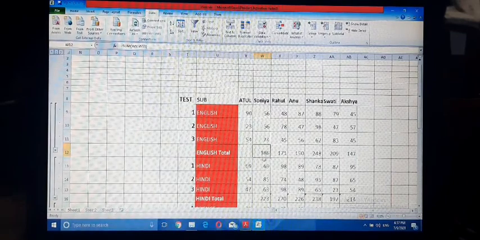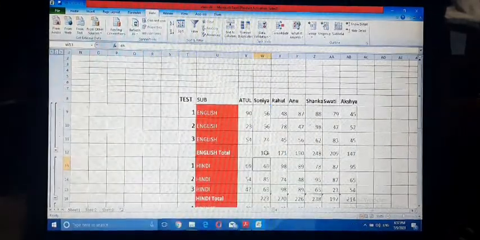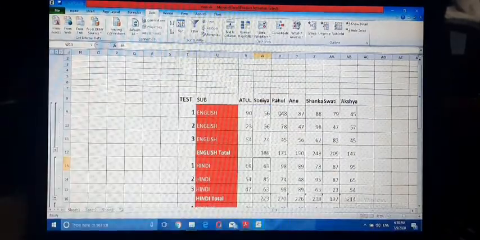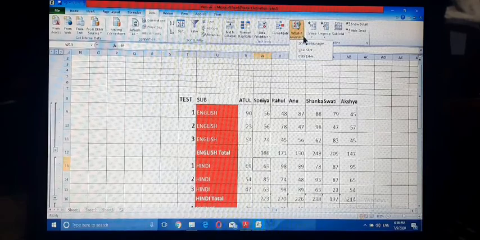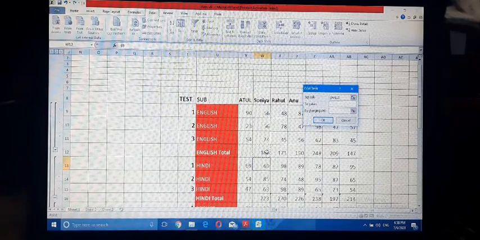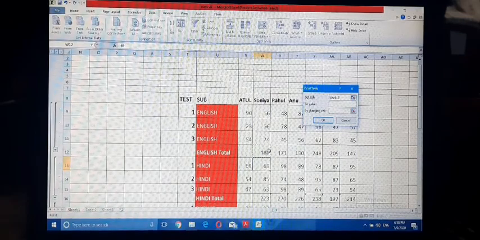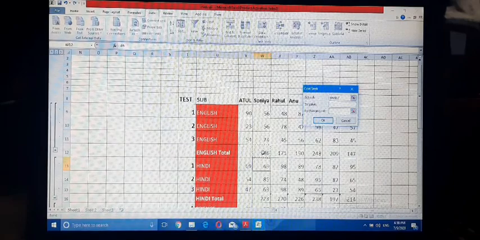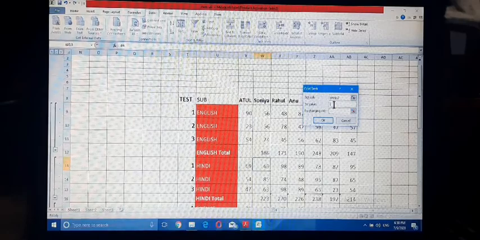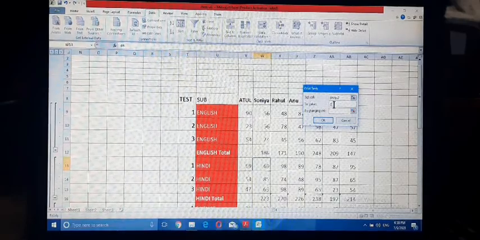Select the cell. The cell must contain a formula. So go to What-If Analysis, Goal Seek, set cell. This is the goal cell. To value, I am entering 200.